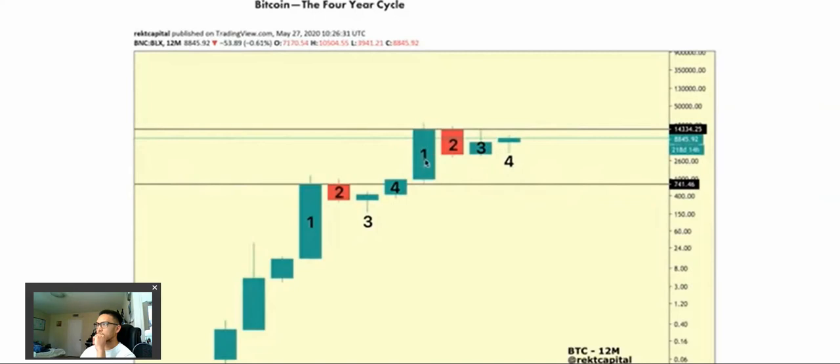And of course, if you just want to really quickly go over this 4-year cycle, exponentiality after that continuation over here from the recovery, from the bottoming out period, and of course after the exponentiality of this candle over here, which it peaks at the all-time highs of 20,000, but essentially speaking it rejects at 14,300, we see a corrective period in the form of candle number 2, a very deep retracement similar to the...